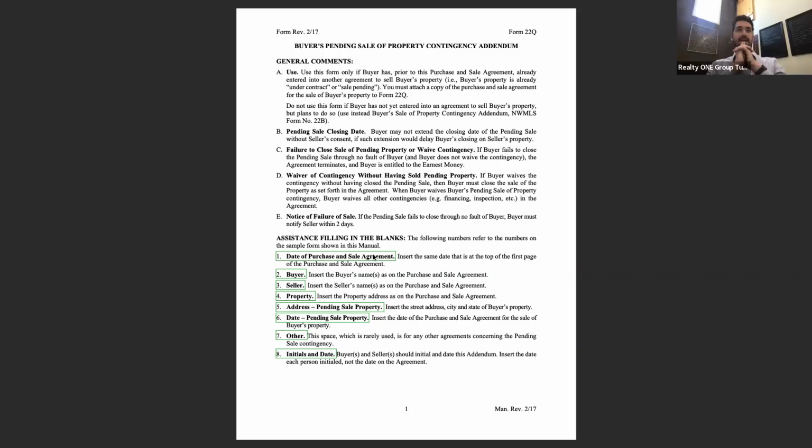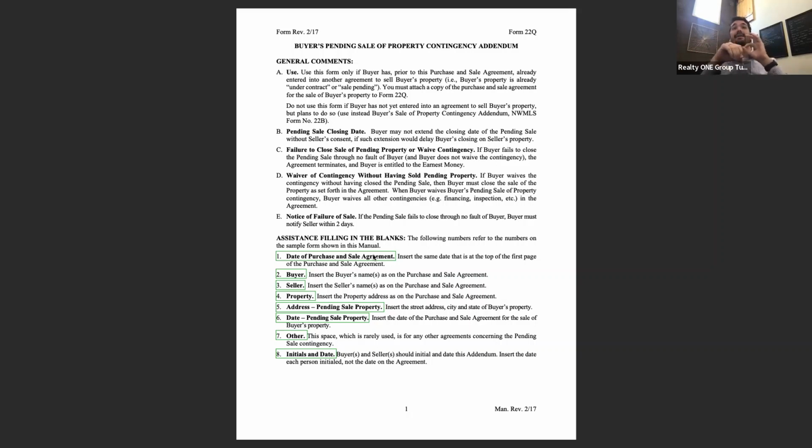So I'm going to translate. The default, if you use the 22Q, if the buyer for the home that you're selling, so you wrote an offer with the 22Q, you're the buyer, and now you're the seller. If that buyer falls through, then the default is that the deal terminates and you, the buyer, get your earnest money back. So how I would interpret that, and Sarah, I'd love to hear your thoughts if you disagree or you want to add to this, is